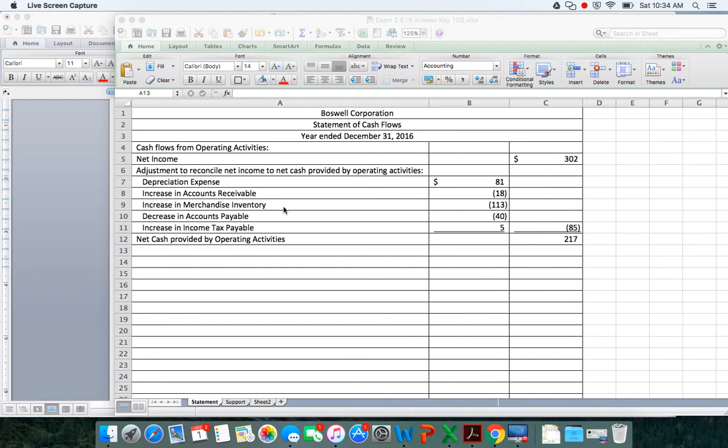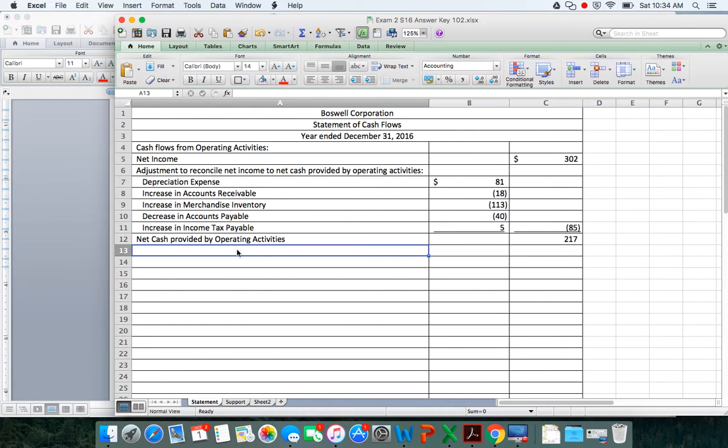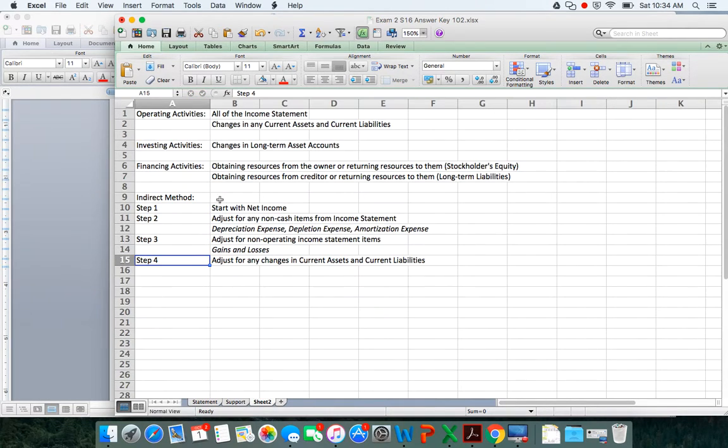We finished the operating activities. It's time to move on to the next section, which is the cash flows from investing activities. So in the statement, it'll start out with exactly that line. Cash flows from investing activities. And as we saw earlier, when we're talking about investing activities, we're specifically talking about changes in different long-term asset